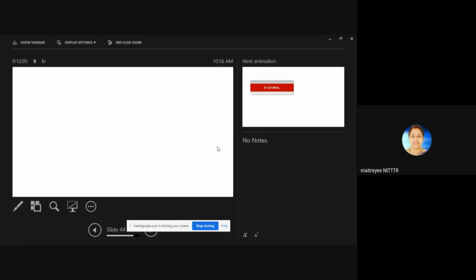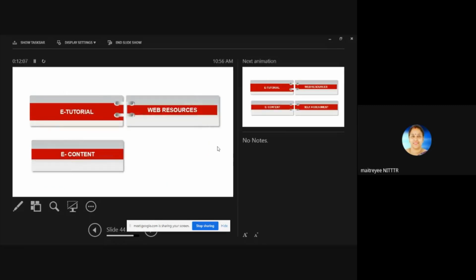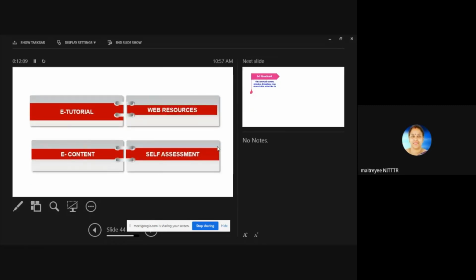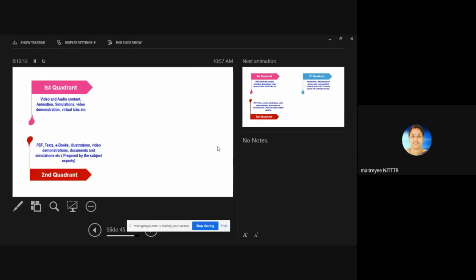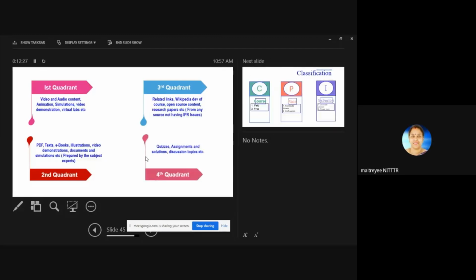So these are the 4 quadrants, as I have told: e-tutorial, e-content, web resources, and self-assessment. In the second quadrant, the e-content, we can give a PDF, an illustration, a demonstration, a simulation, everything. Then the third quadrant is web resources. There will be various links for reading purposes, extra web resources.